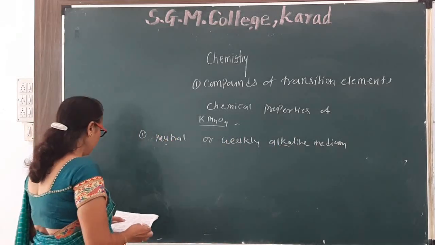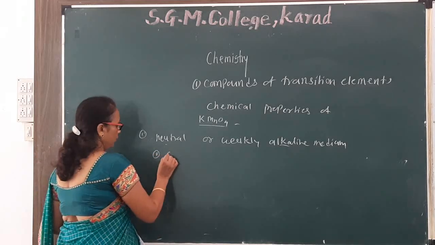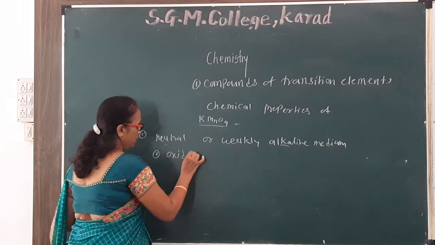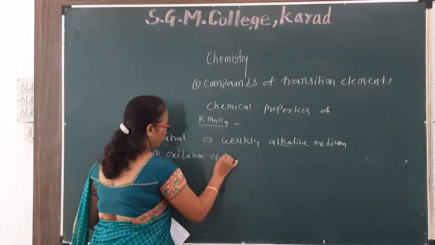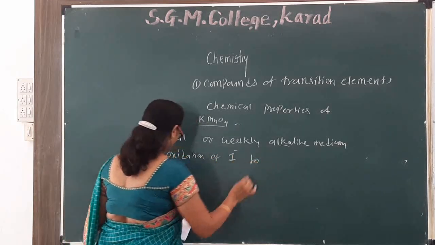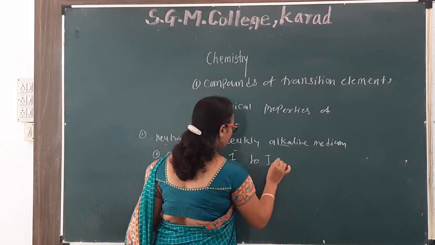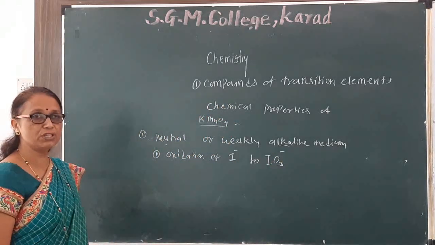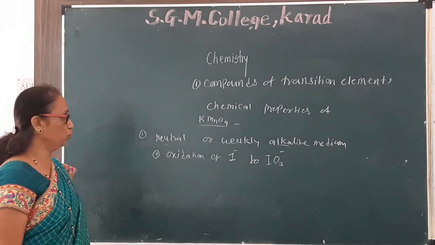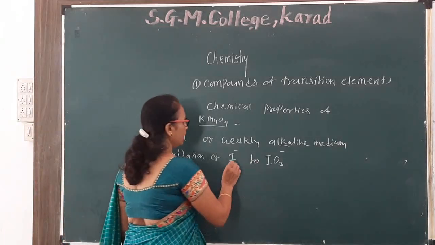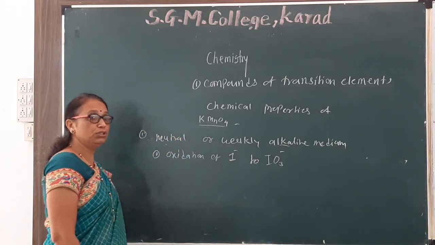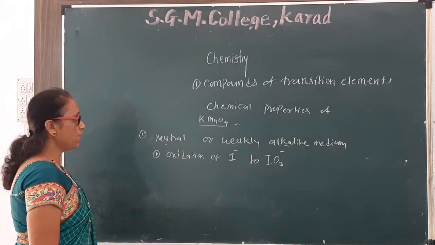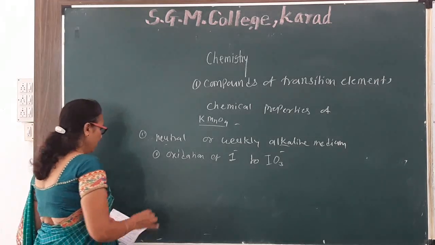First, the oxidation of iodide to iodate. IO3 minus is called iodate. In acidic medium there is formation of I minus to I2. In basic medium or weakly alkaline medium, I minus goes to IO3 minus, that is, I minus to I plus 5. Reaction: